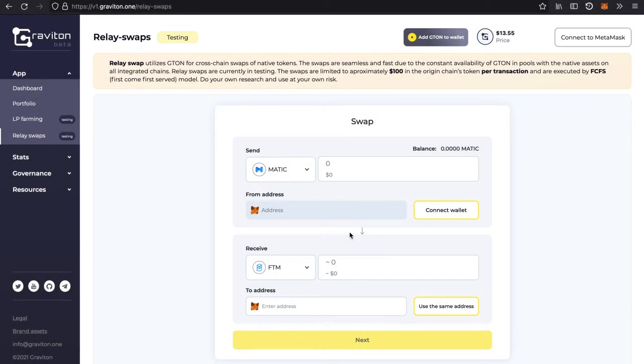This video is dedicated to the relay swap system of Graviton that uses GTON as a token in the middle. Relay swap is a product that utilizes GTON for cross-chain swaps of native tokens. The swaps are executed quickly due to the constant availability of GTON in the pools with the native assets on